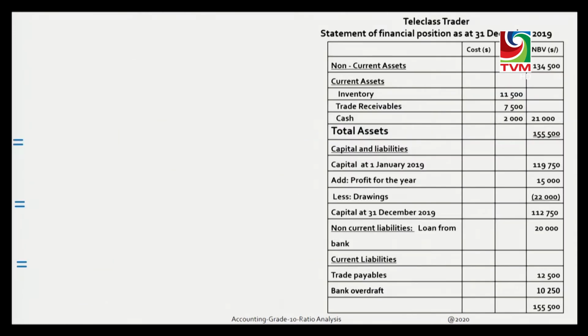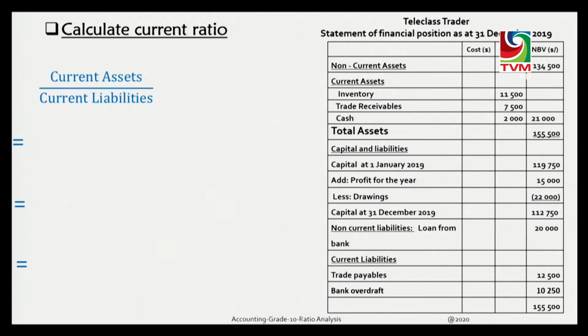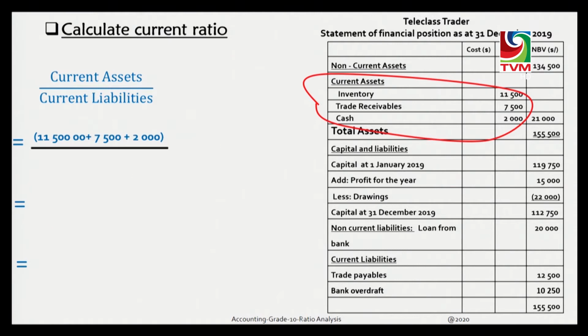Now here you can see the statement of financial position of Teleclass Trader. You are asked to calculate the current ratio. The formula is current assets over current liabilities. In this business, they have 3 current assets. They are inventory 11,500, trade receivables 7,500 and cash 2,000. And they have 2 current liabilities, that is trade payables 12,500 and bank overdraft